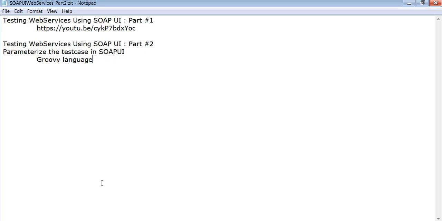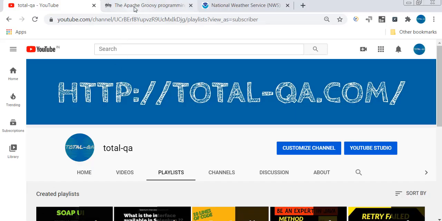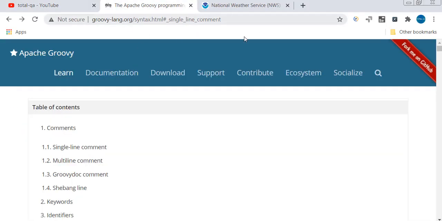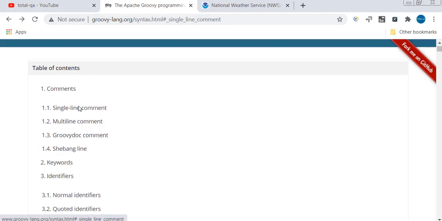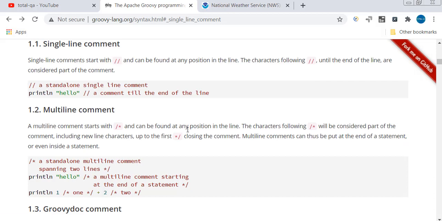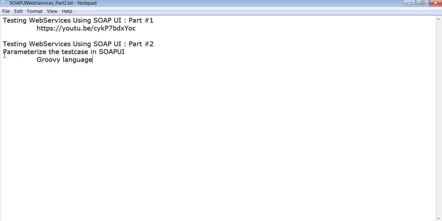If you want to learn Groovy language, there is an official website, groovy-lang.org, syntax.html, and you can see a lot of information is available. We can practice each and everything separately in a Groovy editor and acquire the knowledge. But we will cover the Groovy language in a separate video. Our focus in today's video is how to parameterize the test case in SoapUI.